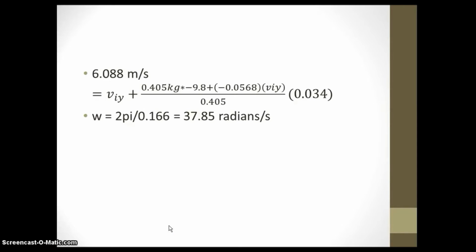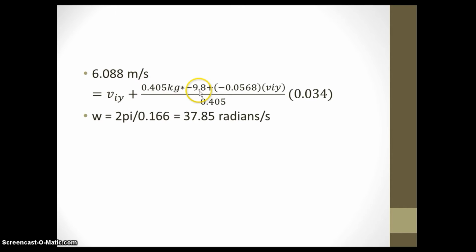Here are the specifics of my calculations. To get the initial velocity, I used the change in the distance over the change in time for each axis, so one for the y-axis and one for the x. Here's an example that I used for the x-axis. The change in position over the change in time equaled 6.088 meters per second, but that was after the second point of measurement. So to calculate the initial velocity, I used Newton's second law, solving for the initial y